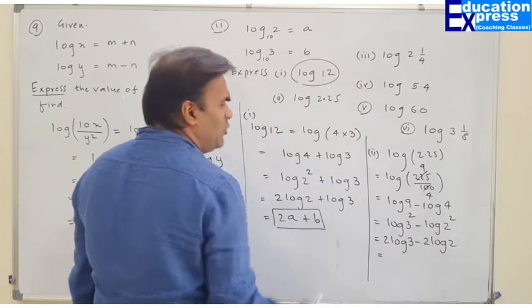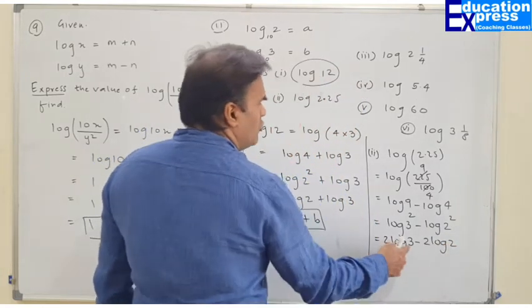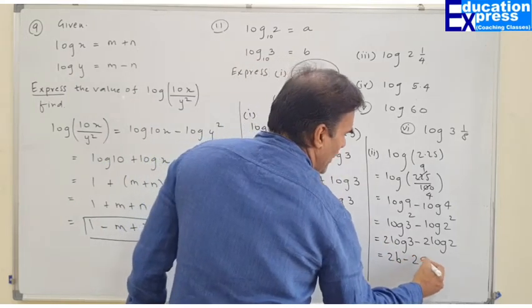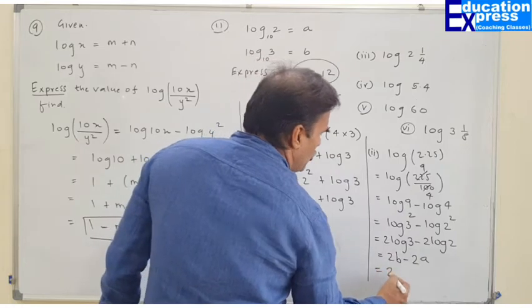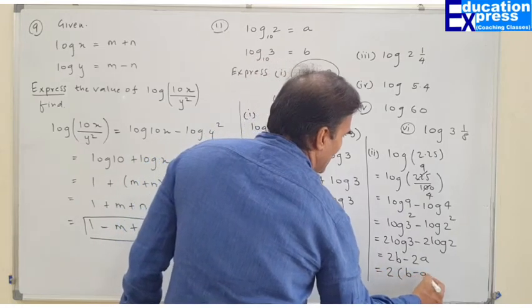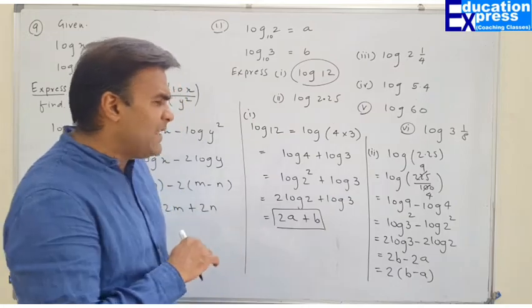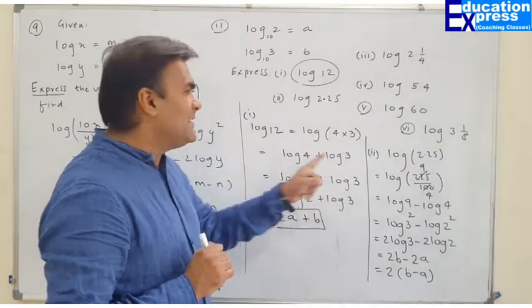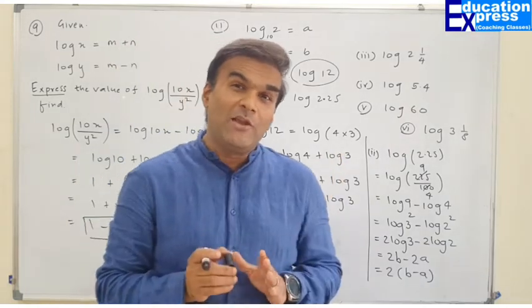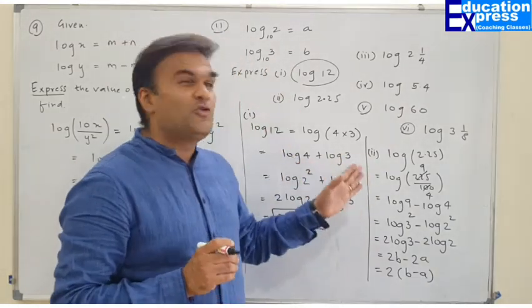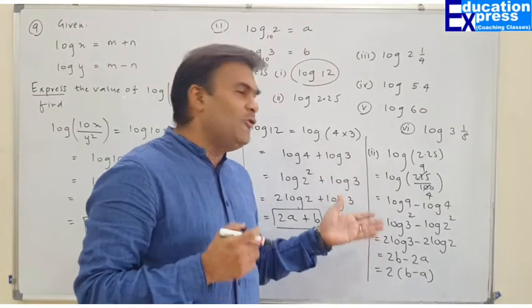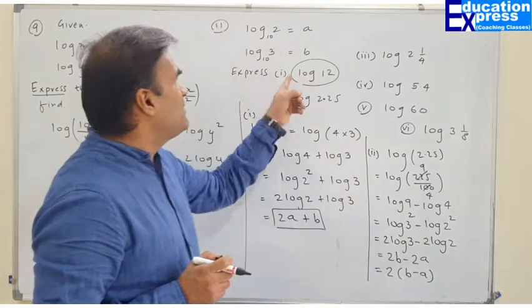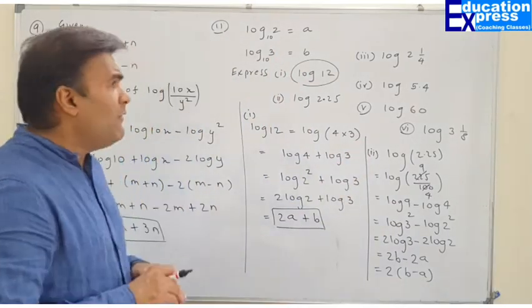Can we substitute the value? Yeah, sir. 2 log 3 is 2b, so 2b minus 2a. If you wish, you can take out 2 common so that your final answer is 2 common outside, b minus a. This was the first part, this is the second part. My dear friend, again I am telling you, convert log into log of 2 or 3, automatically you will get that dead end, and then you substitute the values what has been made available to you. Now move on to the next one.